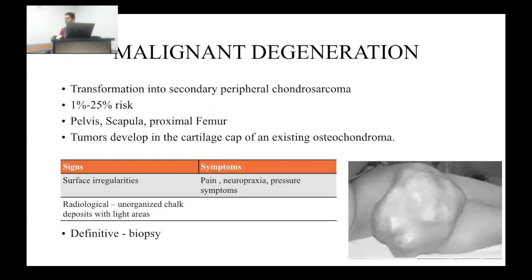One very severe complication of these problems is malignant degeneration. They transform into secondary peripheral chondrosarcoma, and based on the literature there's a risk of up to 25% in these cases. It is more common in the axial skeleton, such as the pelvis, scapula, and femur, so you cannot pick it up just by examining the patient, because these sites are hidden. These develop from the cartilage cap of the existing osteochondroma. So from the existing lesion, whatever is on top of the cap will develop into a